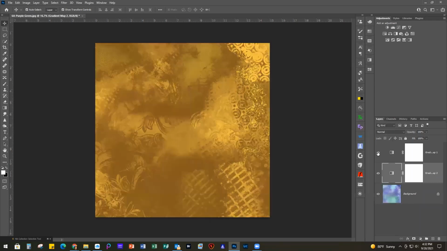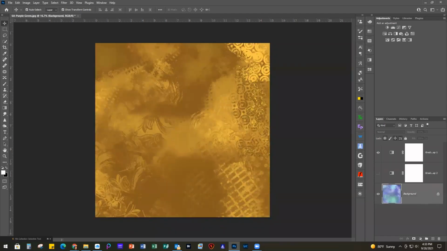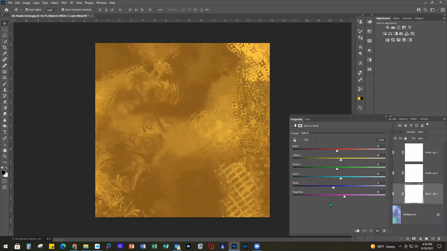And then if I turn this back on, you can see with this black and white layer where it's brightened some of the areas because of the white. So that's the difference of using a black and white layer as well as the gradient map. Okay, so that's 2 ways to do it. So we're going to turn off the black and white layer. We're going to add a black and white adjustment layer so you can see the difference. And in here,